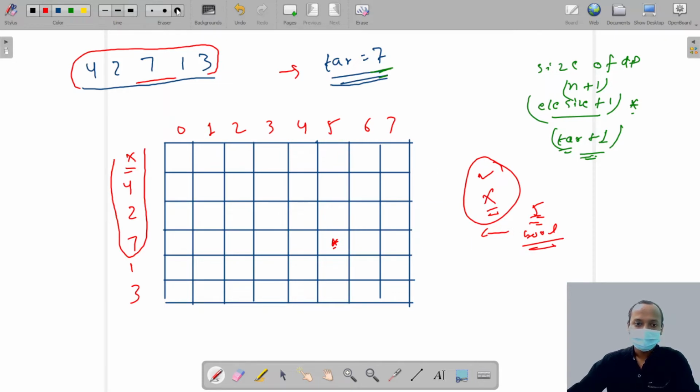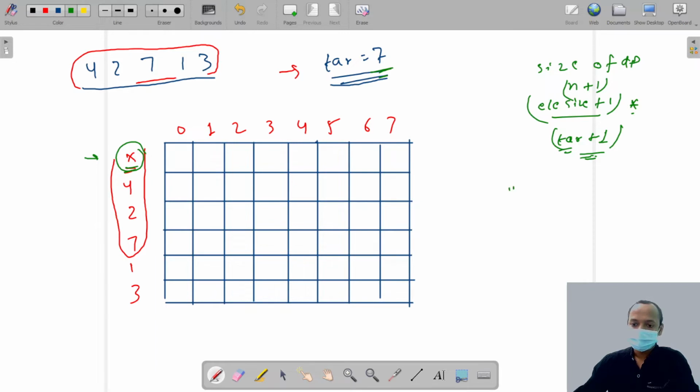I hope you know the meaning of what we are going to fill in this DP. First, talk about this row. This is empty, and there is no element. If there is no element, that means empty, and what is the sum of the empty set? 0.